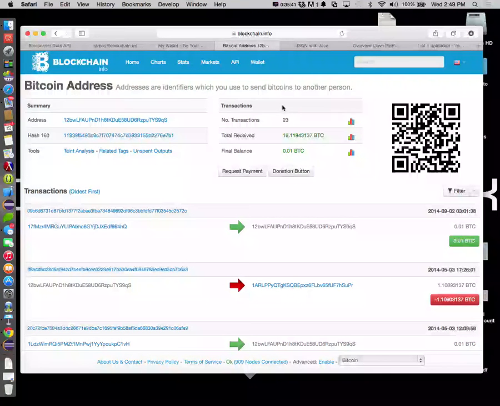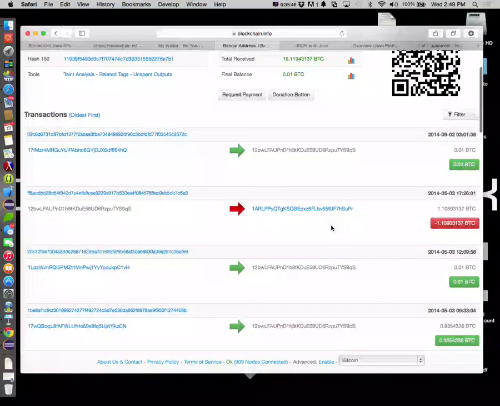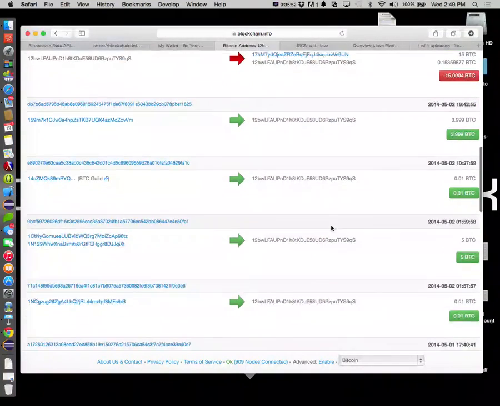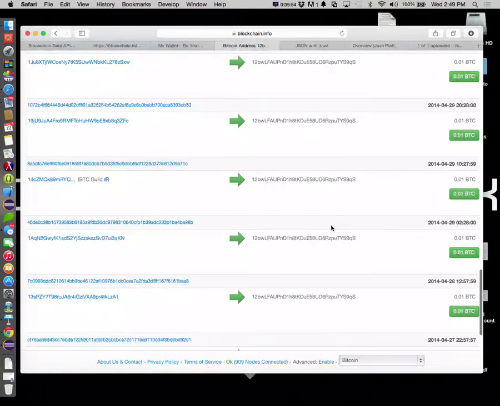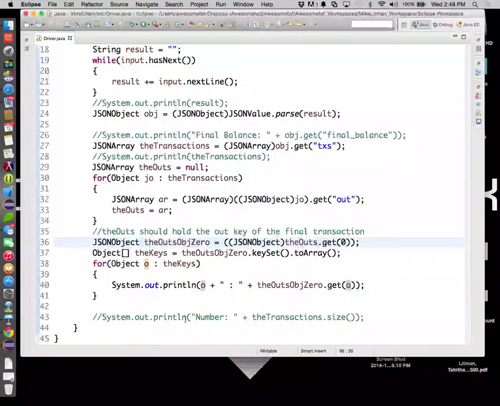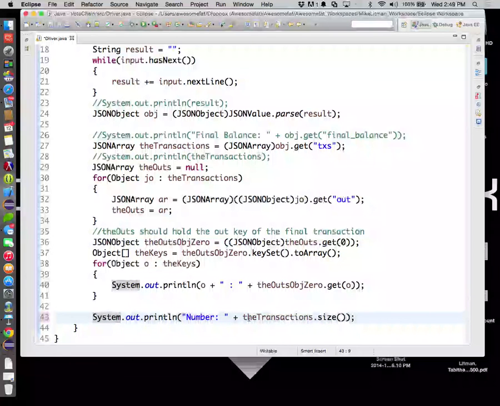Okay, so number of transactions is 23 associated with this particular address. And we should see all of these individual transactions. It still seems like if we have 23 and we were getting 23 printed out for the number of transactions up here, this transactions.size,